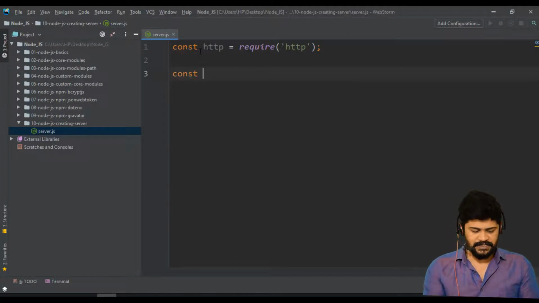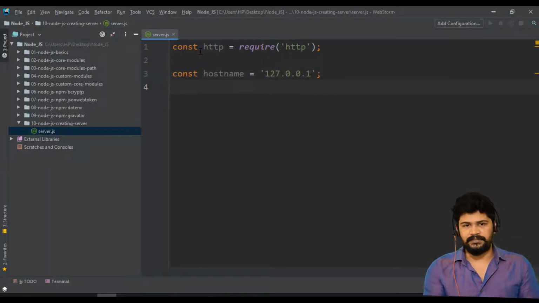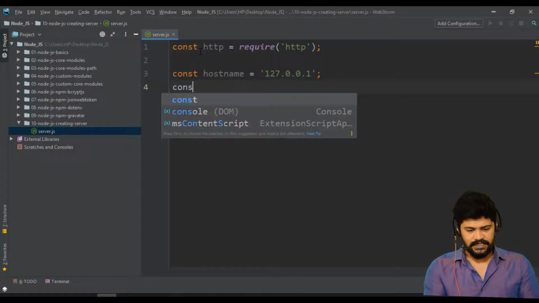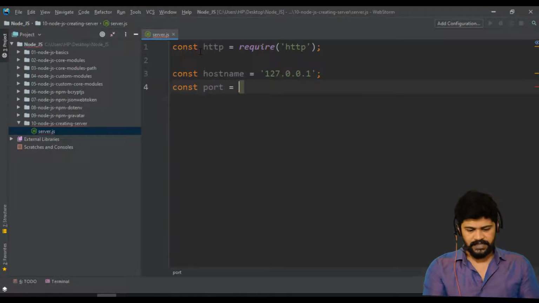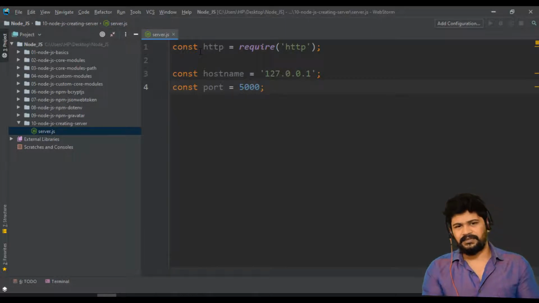So I use const hostname = '127.0.0.1'. That's the regular host name for most local devices. And for const port you can give any port number from 0 to 65,535, but mostly 0 to 2000 are used by your operating system.